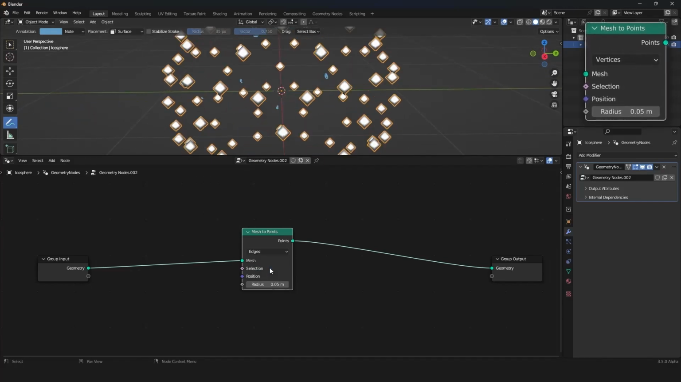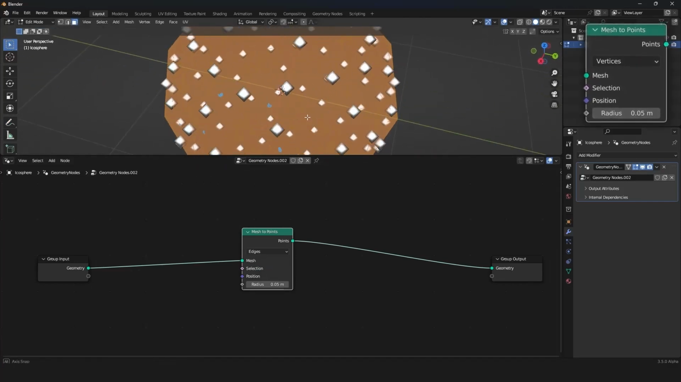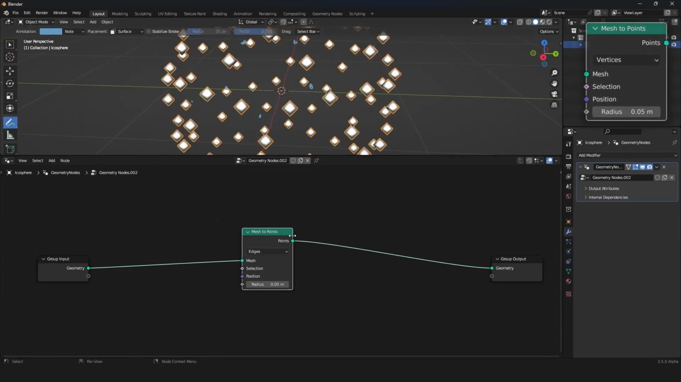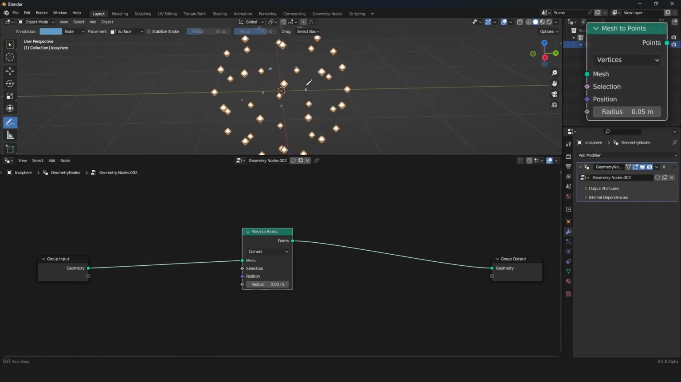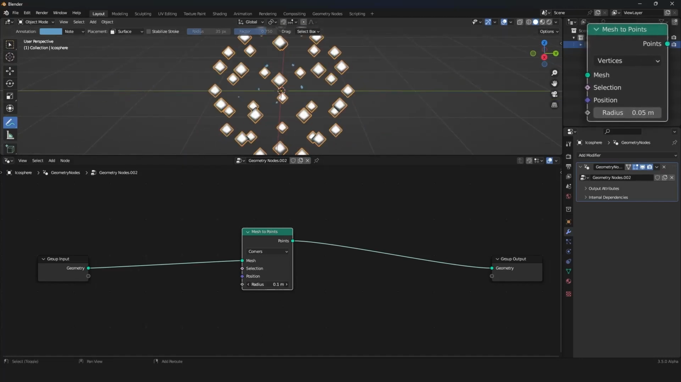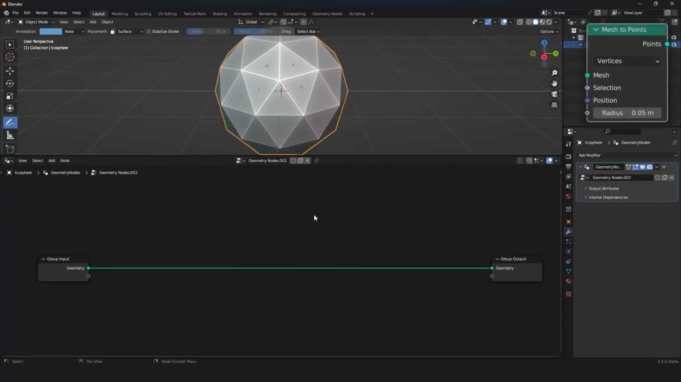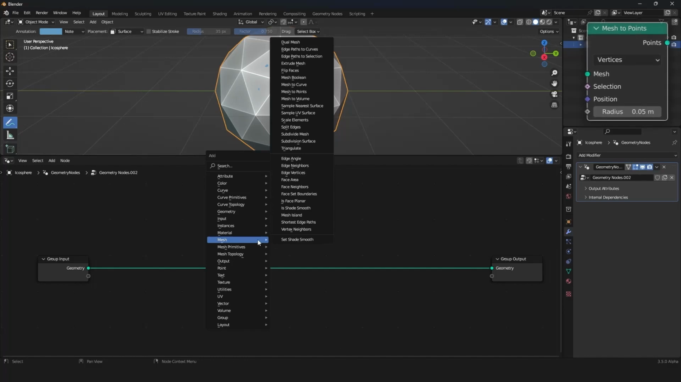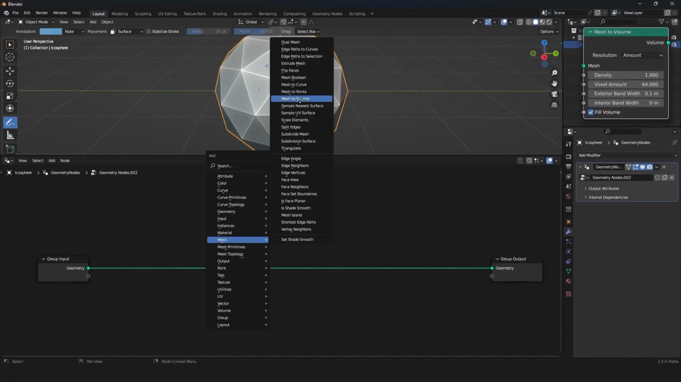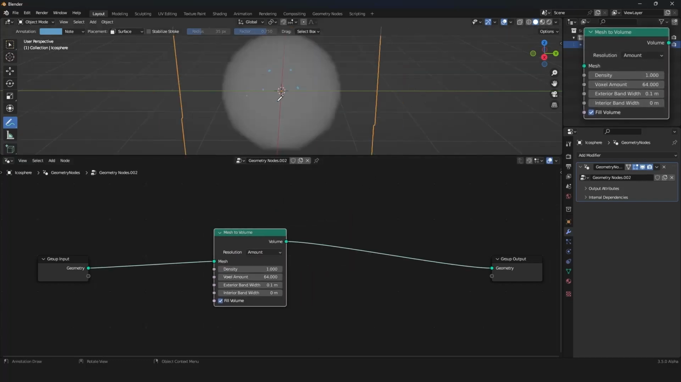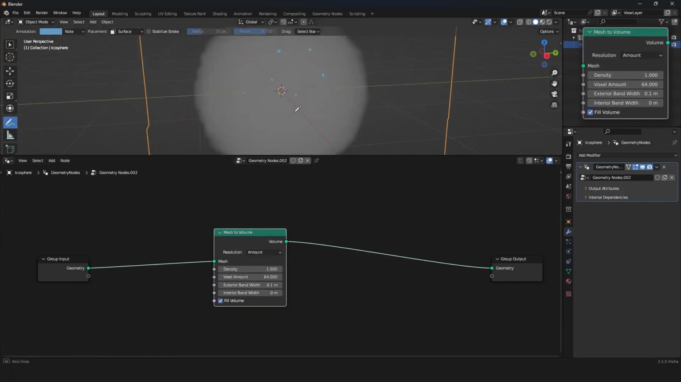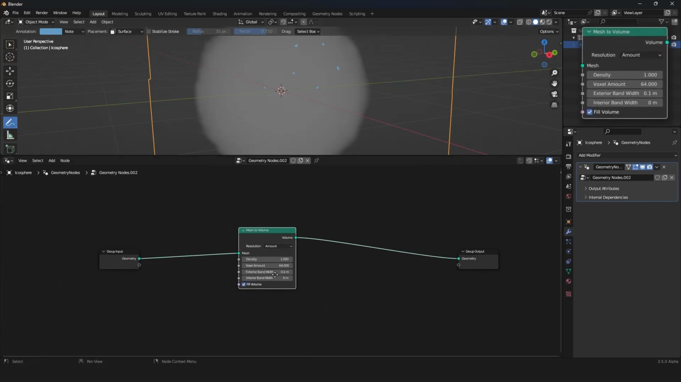And we can also set it to edge. So for every edge, it sets a vertice, a point, and for every corner, and so on and so forth. And you can change the radius and so on. It's a really simple node. And we will move on to the next, which is the mesh to volume node. And this takes your original mesh and fills the volume